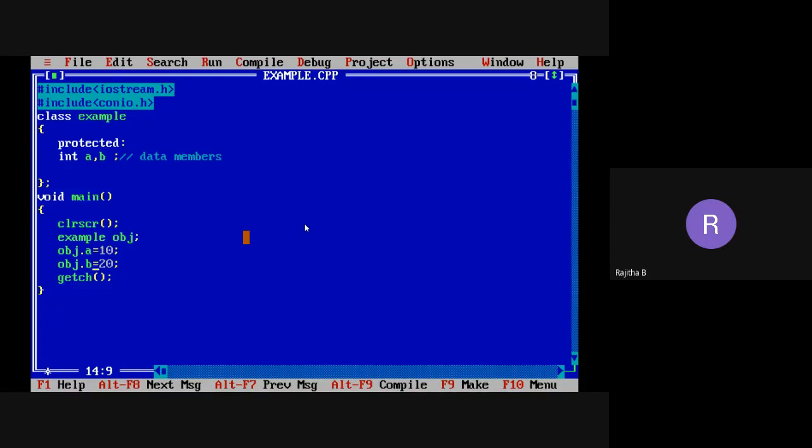Is this clear? In the previous class, that's what I said. So within the class you can access the protected members, and in a derived class you can access the members. Outside the class, we cannot access the members. So within the class and in a child class, we can access this. But we don't have any child class here. The main function is outside the class only, so in main we cannot access the private as well as the protected data members. Is this clear, everyone?